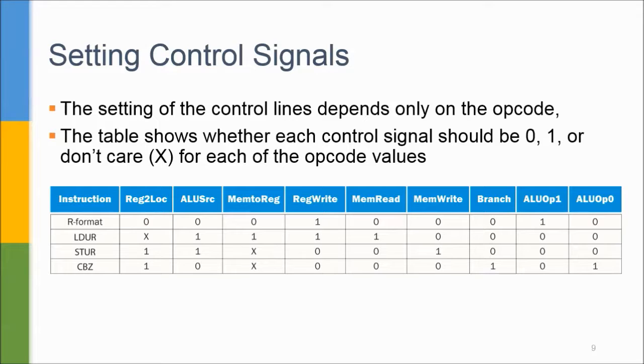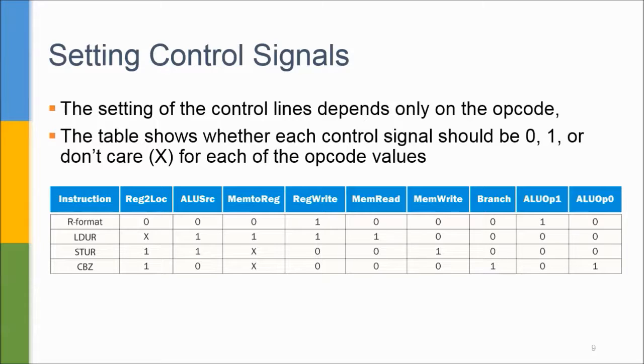Furthermore, an R-type instruction writes a register, so REG write is equal to 1, but it neither reads nor writes data memory. When the branch control signal is 0, the PC is unconditionally replaced with PC plus 4. Otherwise, the PC is replaced by the branch target if the zero output of the ALU is also high. The ALU OP field for R-type instructions is set to 10